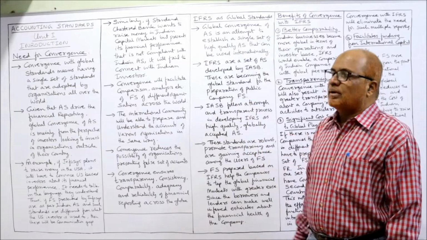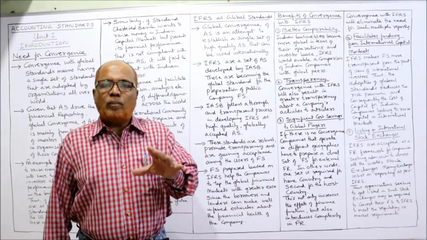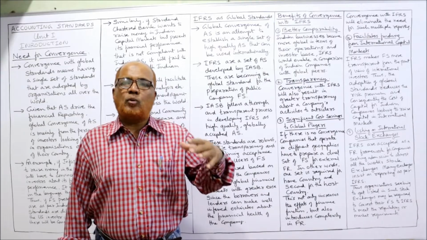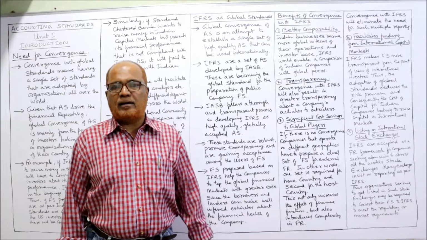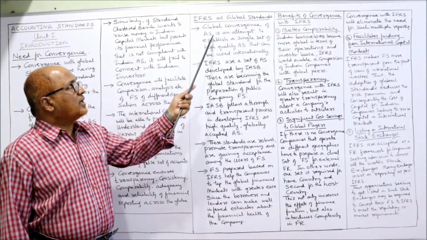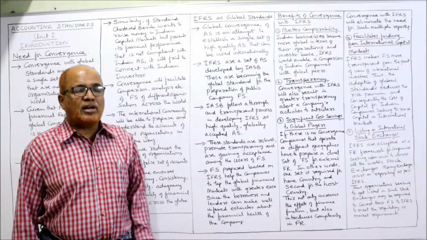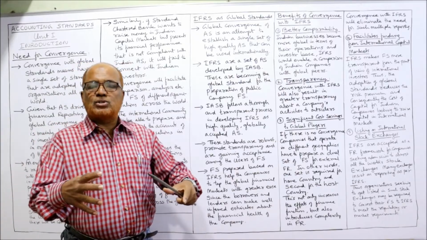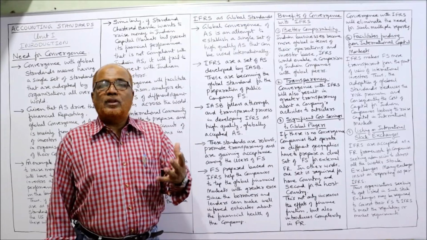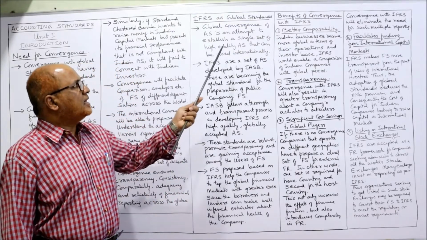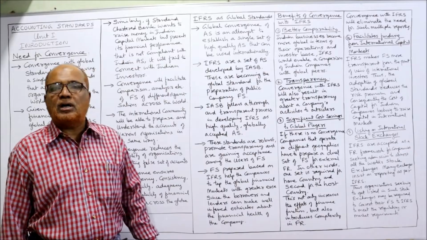Now, IFRS as a global standard. Now the question is, what is this global standard? The global standard is the International Financial Reporting Standard, IFRS. This is called the global standard. Global convergence of accounting standards is an attempt to establish a single set of high quality accounting standards that can be used internationally. So convergence of Indian accounting standards with global IFRS will improve the quality of financial statements. Then, a single set of high quality accounting standards which are acceptable throughout the world.